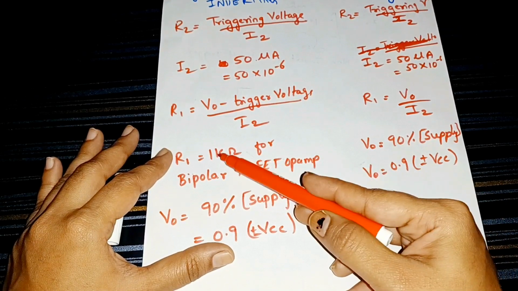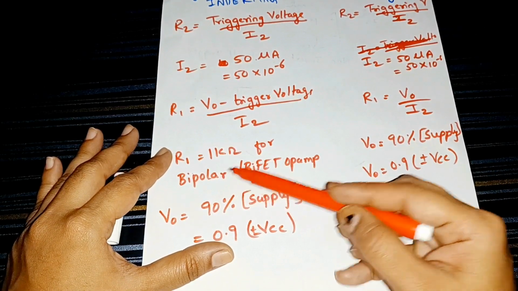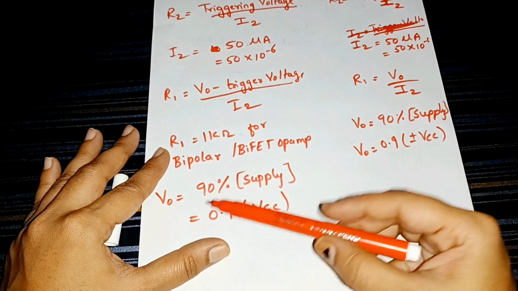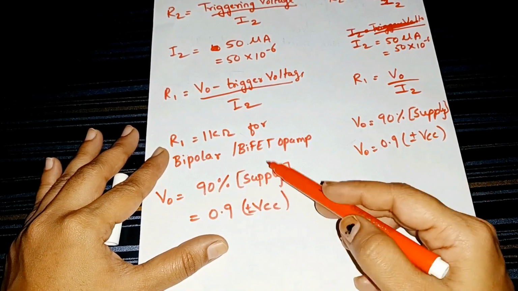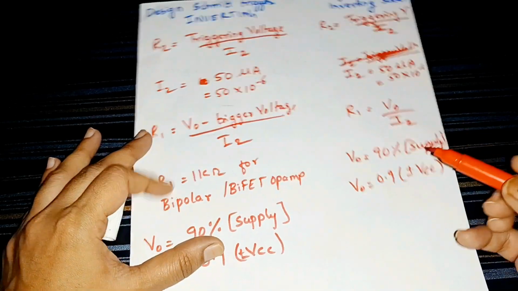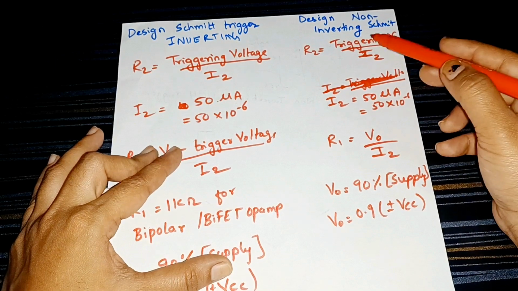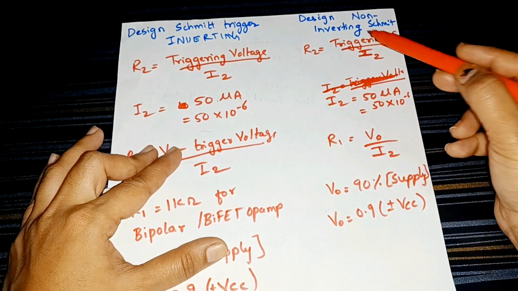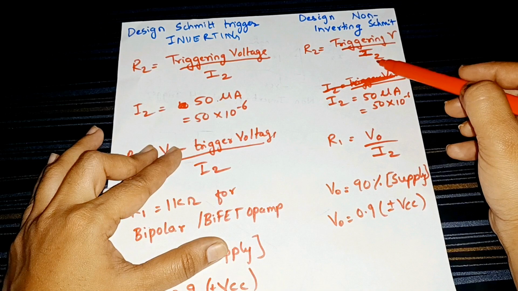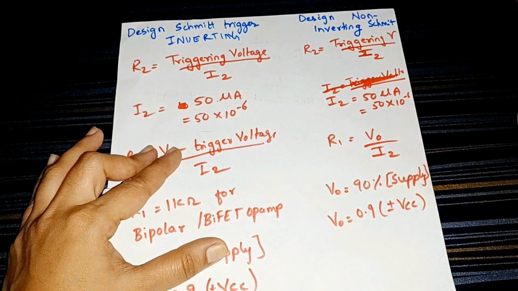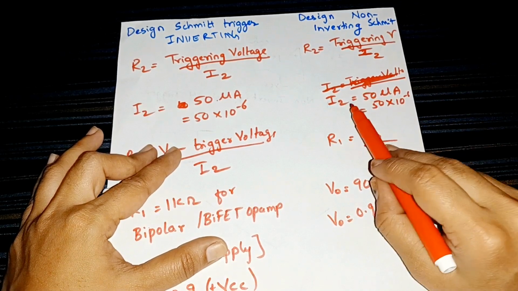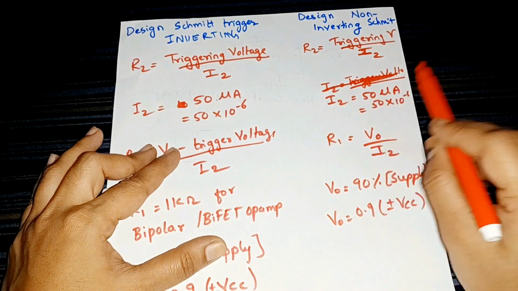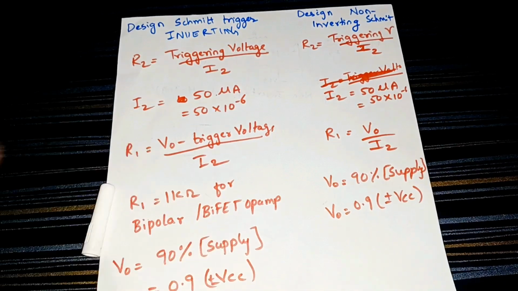Sometimes we assume R1 is equal to 1 kilo ohm when a bipolar op-amp is working, and V0 is equal to 90% of the supply, plus VCC or minus VCC. Similarly, for the non-inverting terminal, R2 is equal to the triggering voltage divided by I2, where the triggering voltage is your UTP or LTP value, and I2 is equal to 50 microampere, that is R1 into V